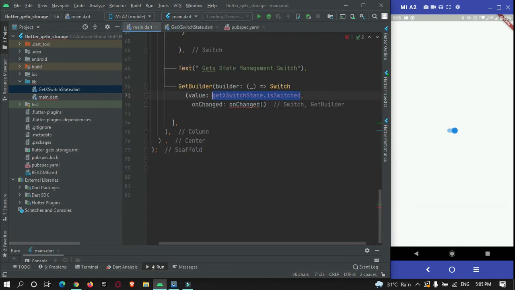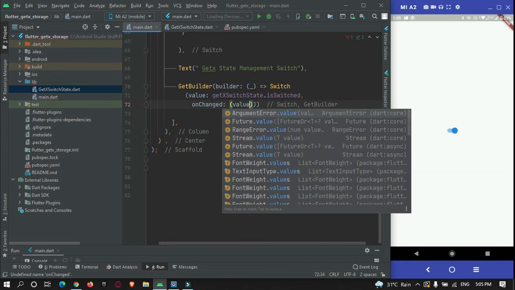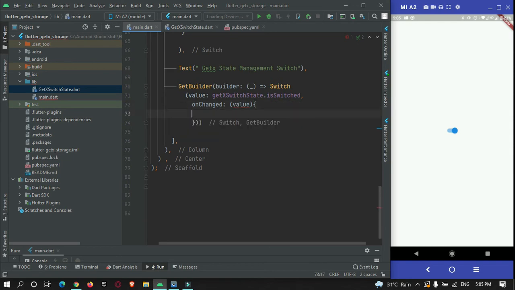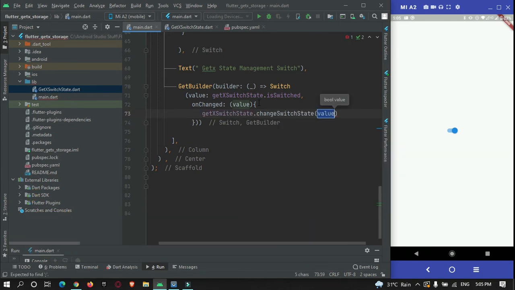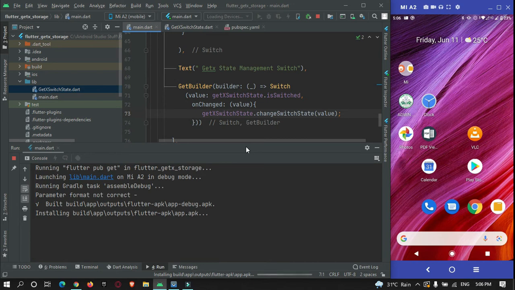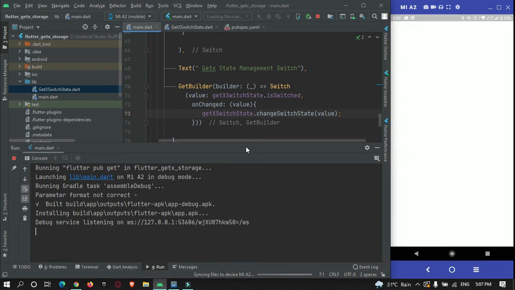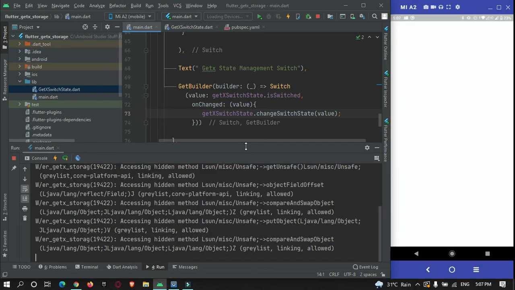And now here in the onChanged method, we need to call getXSwitch dot changeSwitchState by passing the value. And that's it. Now if you restart our app, the app is getting installed. Okay, it got installed. Let's check.